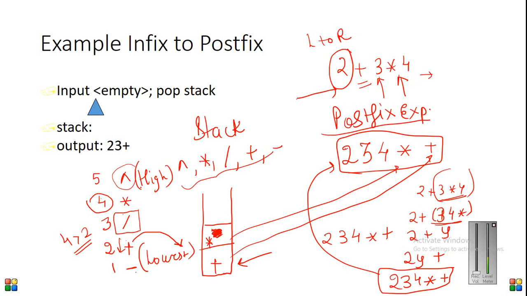So it's not difficult. You just have to remember that every operator has to be put on the stack, and all other things go in the postfix expression. And while entering into the stack, you have to remember that if the operator on the stack top has a lower priority, then the higher priority operator can sit over it. So this can sit over this, and this can sit over all of these. So this is how it works.